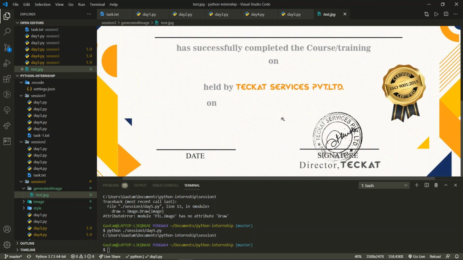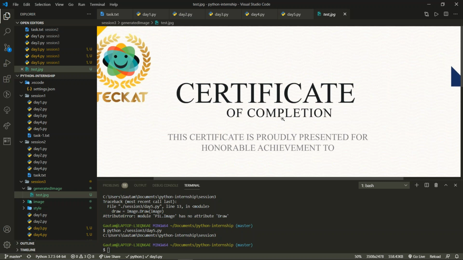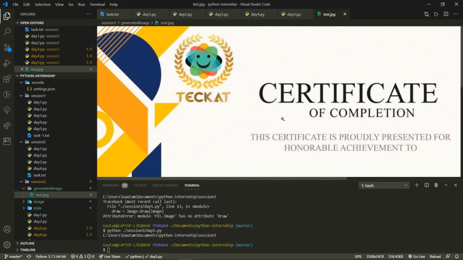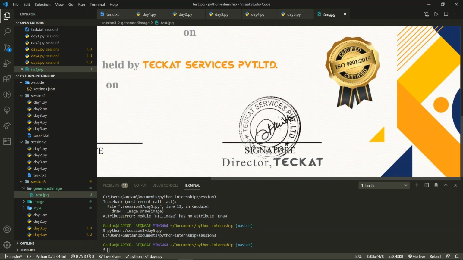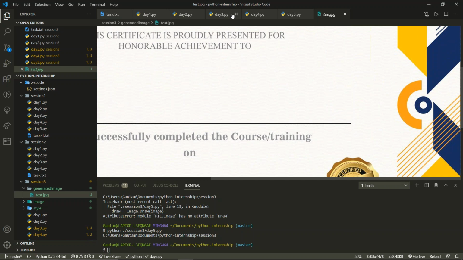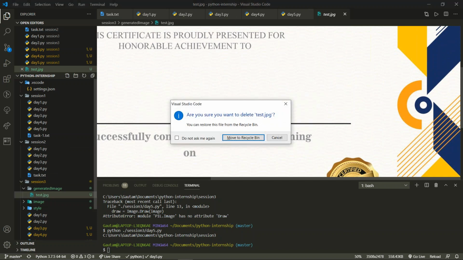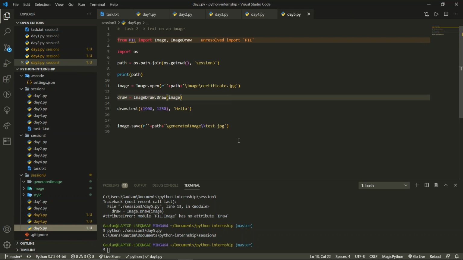So till now I'm unable to see anything. So we need to just fix the font size to get a proper value. So we're gonna do it again. We're gonna delete this, and we're gonna fix the font size first of all. So how to fix the font size? For fixing the font size, we have to fix the font type also. So we're gonna have to introduce